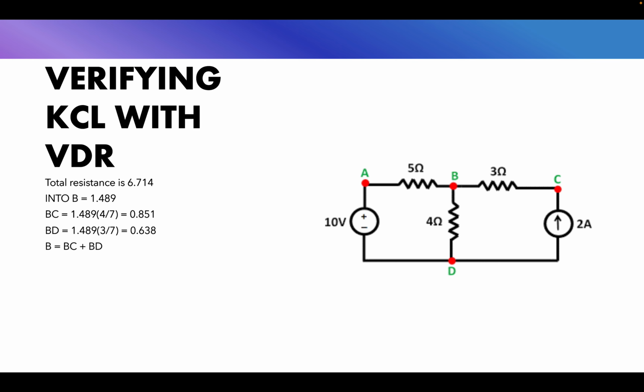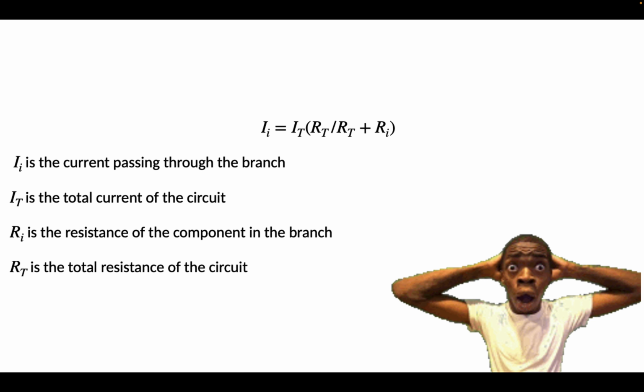Using KCL's theory, what should happen is that the currents of BC and BD will sum together to equal 1.489. We'll use the voltage divider rule to calculate BC and BD. BC is 0.851 amps by using the voltage divider rule, and BD is 0.638 using the same formula. And if we substitute in B equals BC plus BD, they will be the same. And that is confirmation of